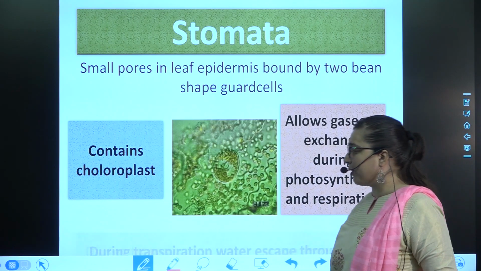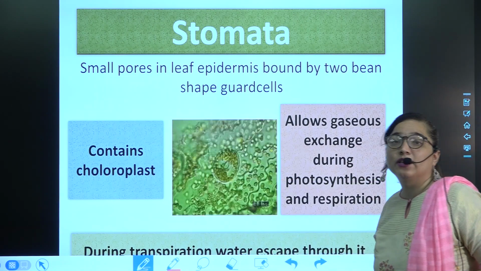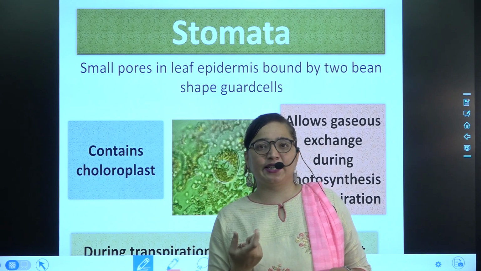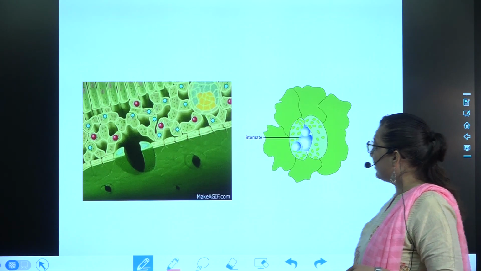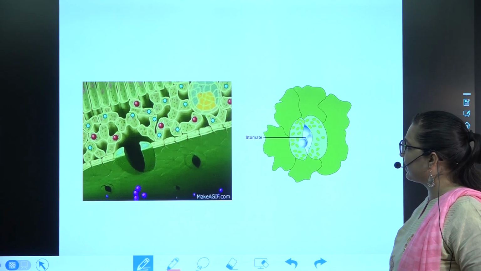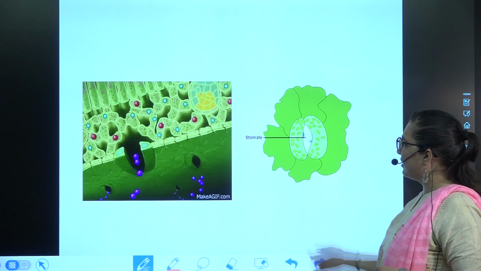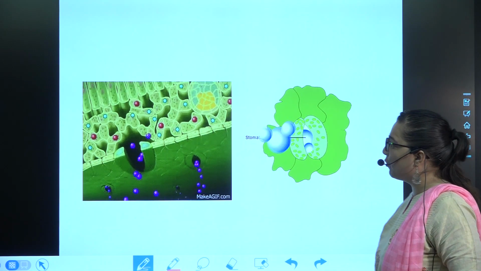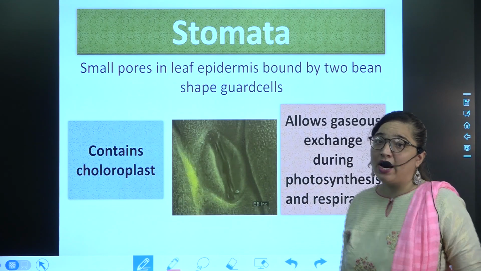One very important point is coming over here, that is, during transpiration, the water will escape through this only, and so many times, even in the absence of rain, early in the morning we can see small tiny water droplets. Here you can see this is the way the water molecules are going out and they are creating them. Just look at the structure. Okay? So before we move further, the points about the stomata are mentioned over here. Please note it down so that we can move further.